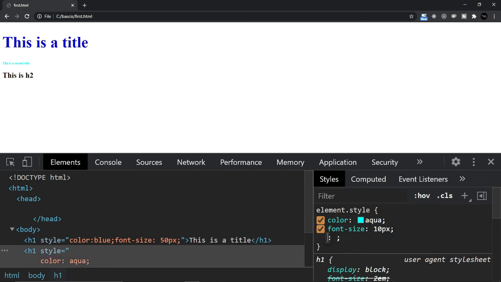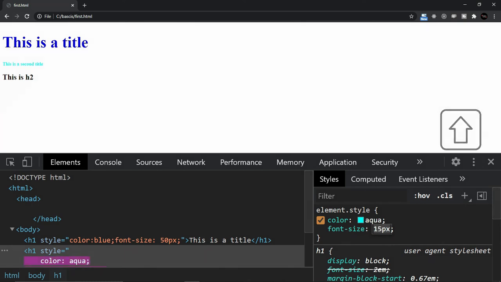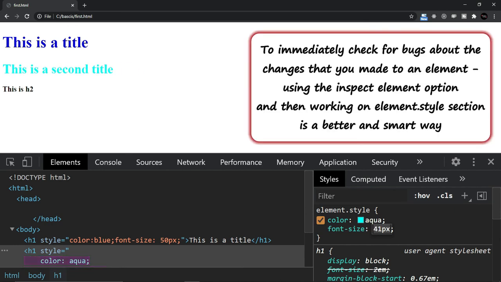Right now, see, I am pressing the up arrow key and you would see that I can see the changes here. So most of the time when it comes to debugging the CSS, you would see that the element is selected. You come here on the element.style section and then you start applying various CSS to practically see how it looks.